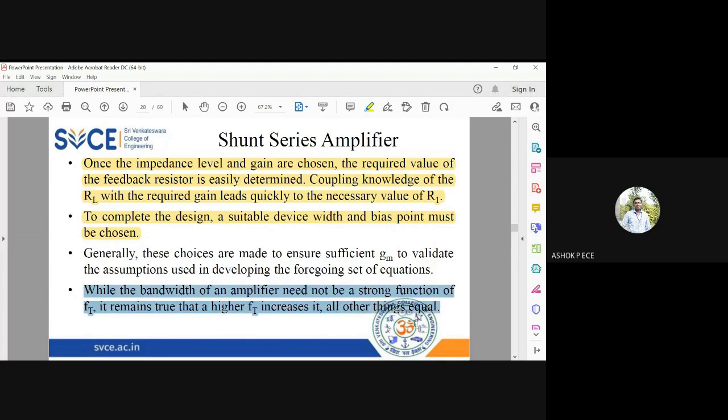And here, since we are going to operate this device at a high frequency, the computation of FT or threshold frequency is very, very important. Where the current gain is going to be maximum. So that computation of FT is going to be very, very